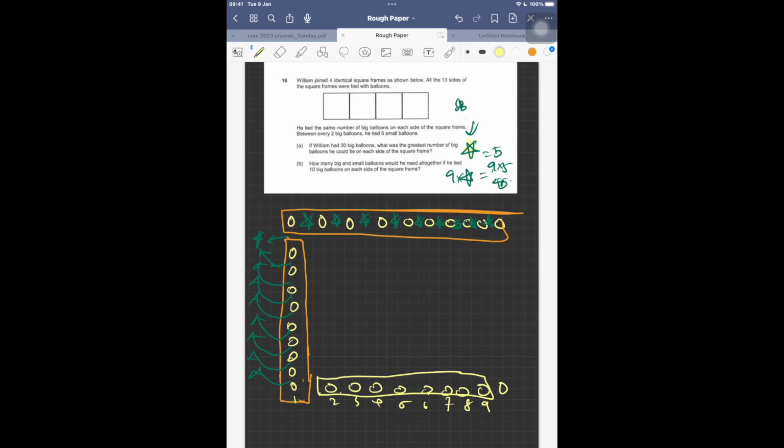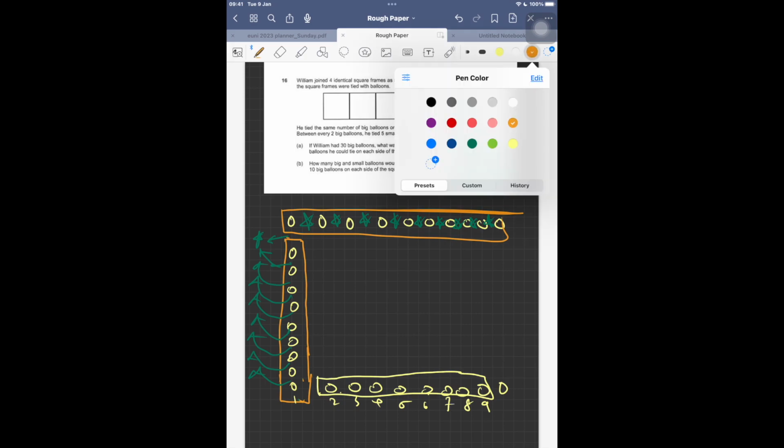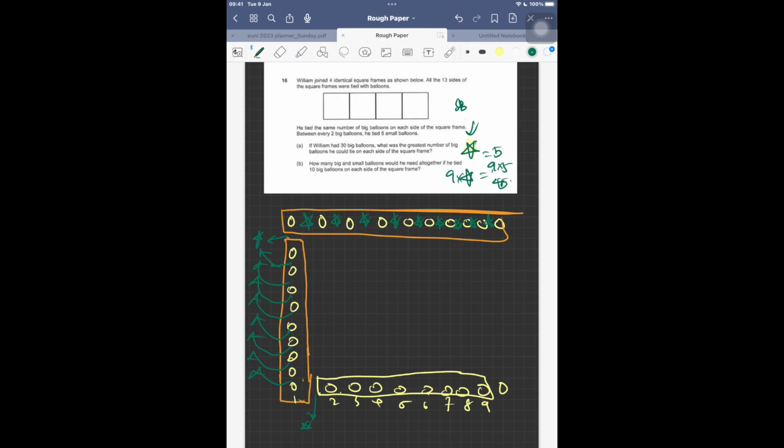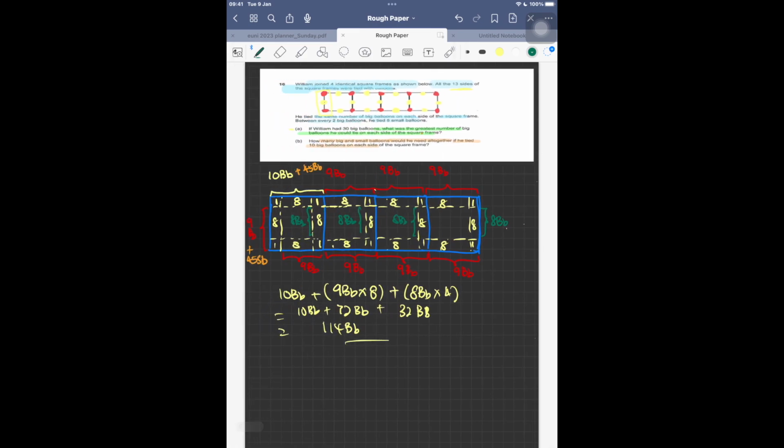So in the middle here, I will have 1, 2, 3, 4, 5, 6, 7, 8, 9. The same is 9 times, here is also 45, plus 45 small balloons. Okay, so we have